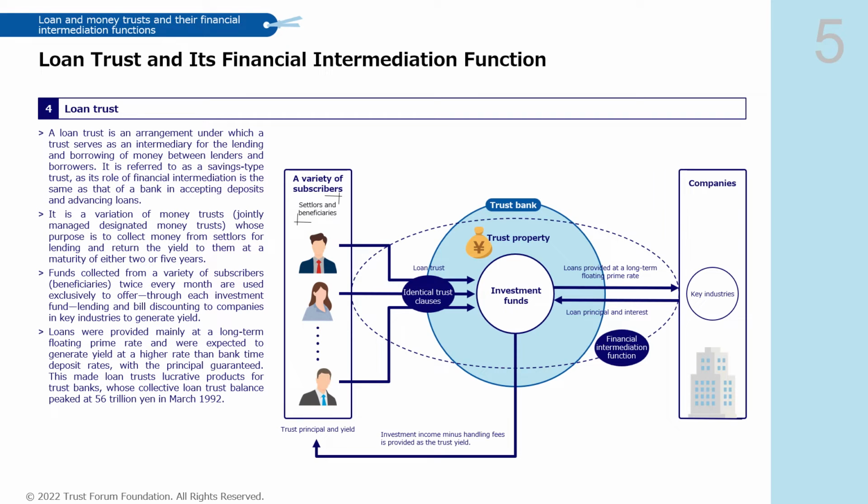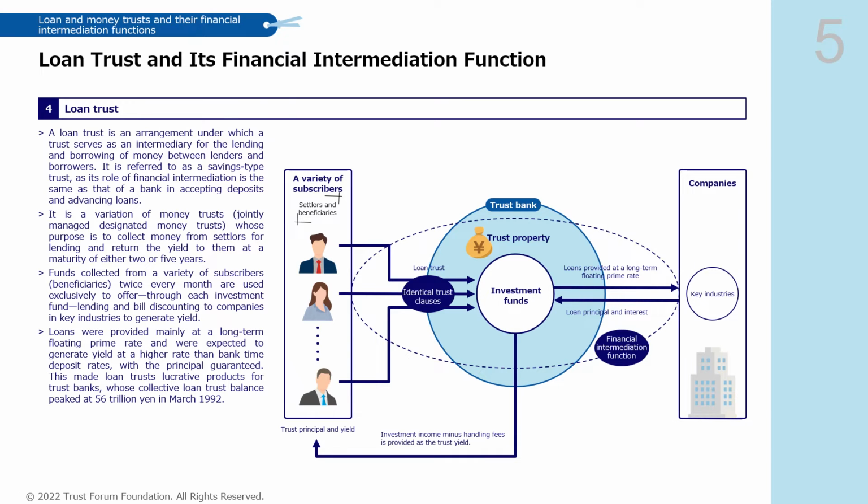Money received from settlors in each subscription period forms a unified investment fund and is invested primarily in loans and bill discounting. There are 13 such investment funds: 12 investment funds and an additional fund for profit management. A loan trust is a variation of money trusts, in that it jointly invests money received from subscribers, settlors, in